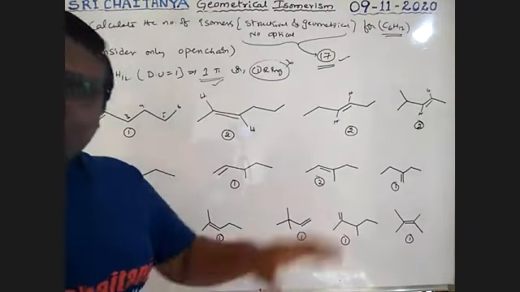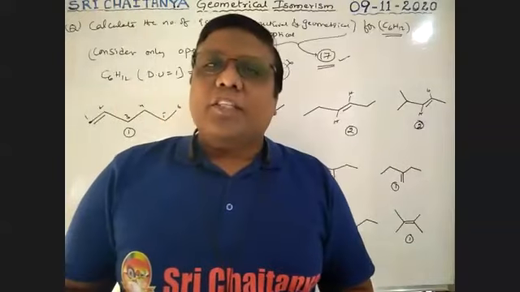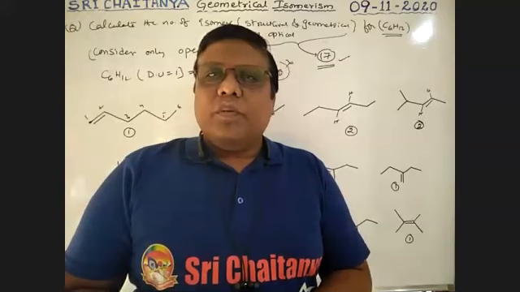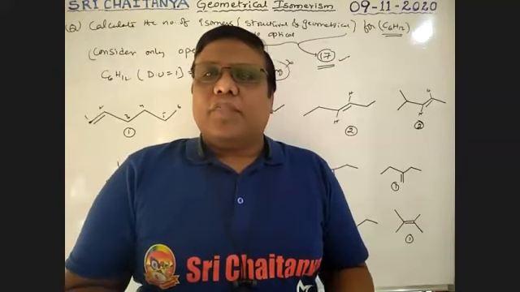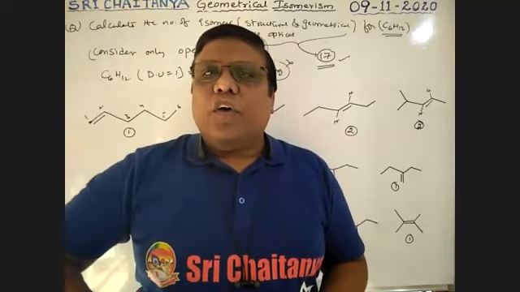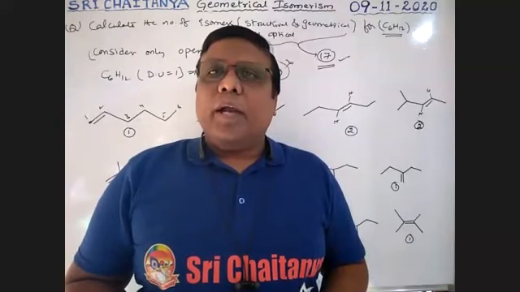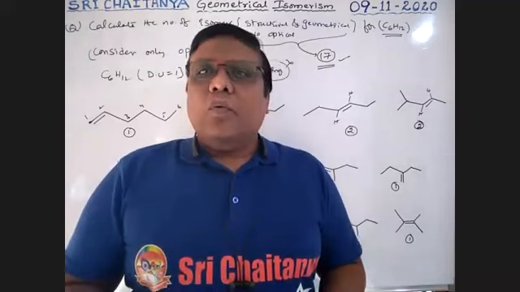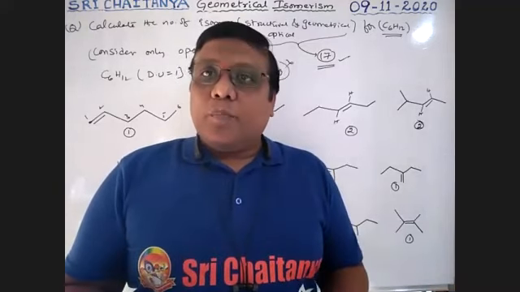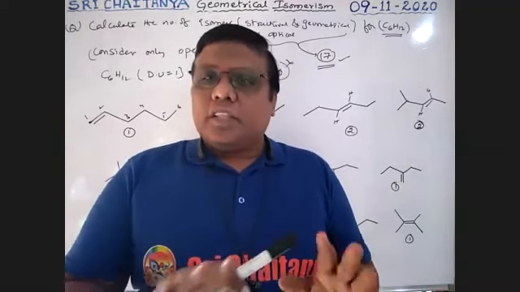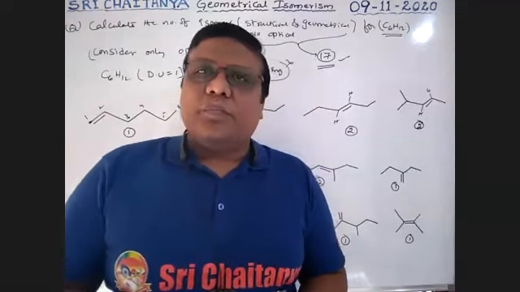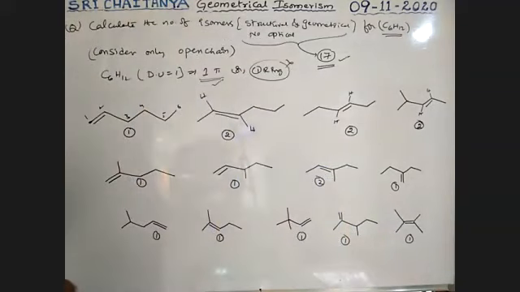So how do we find how many structural isomers and how many geometrical isomers? It is just our assumption, boys. No formula is there for the number of structural and geometrical together. Only for geometrical there is a formula, and only for optical there is a formula. But for both structural and geometrical, there is no formula, boys. It is just our prediction. So note down these conditions, very, very, very important.